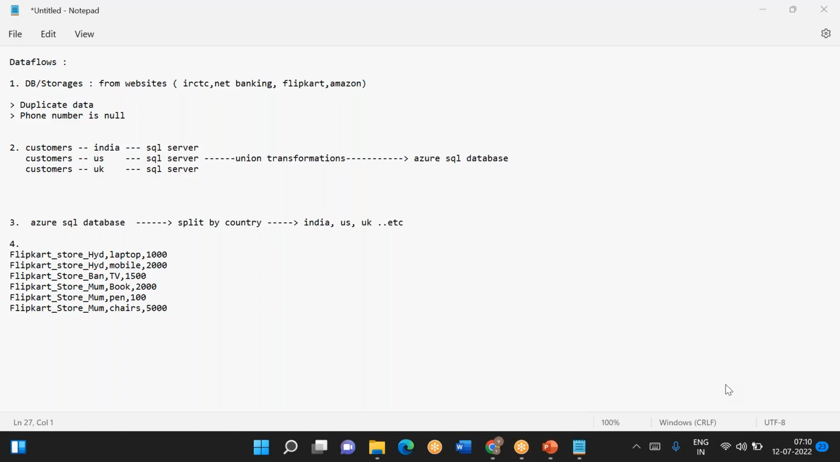Hyderabad 3,000. Bangalore 15,000. And Mumbai is 7,100. Yes, so Mumbai 7,100. Okay,